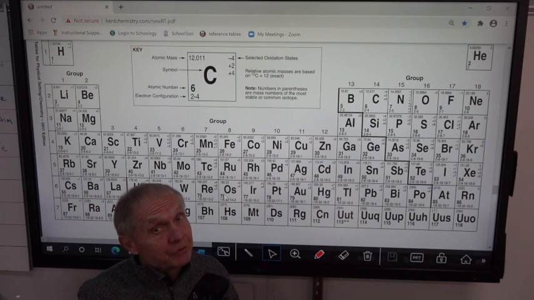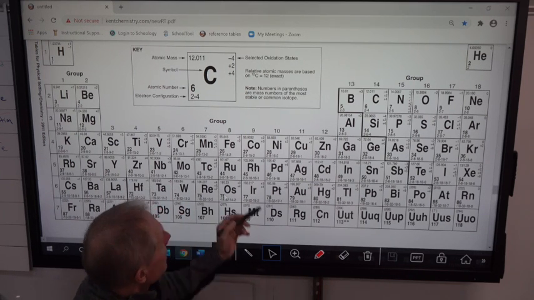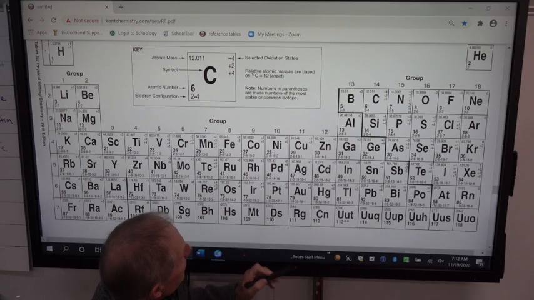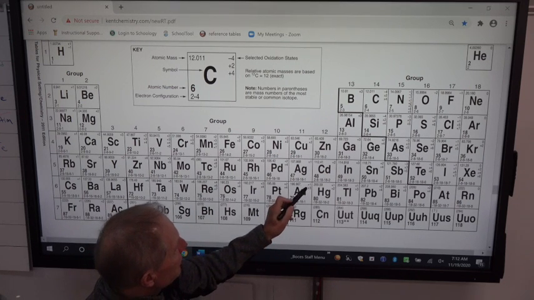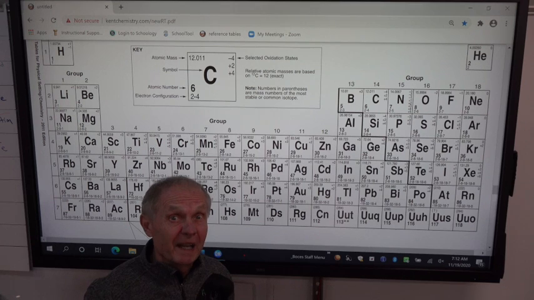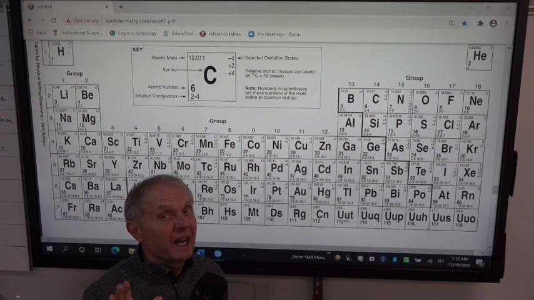But if the metal has more than 1 charge, like copper is a plus 1 or plus 2, gold is a plus 1 or plus 3, so if the metal has more than 1 charge, you got to name it